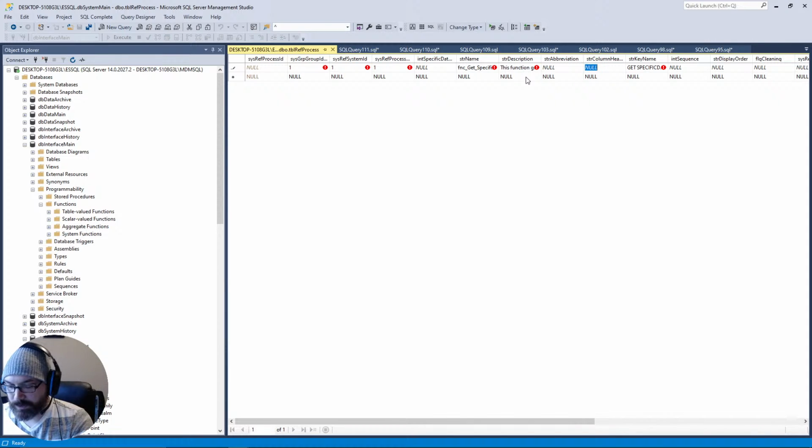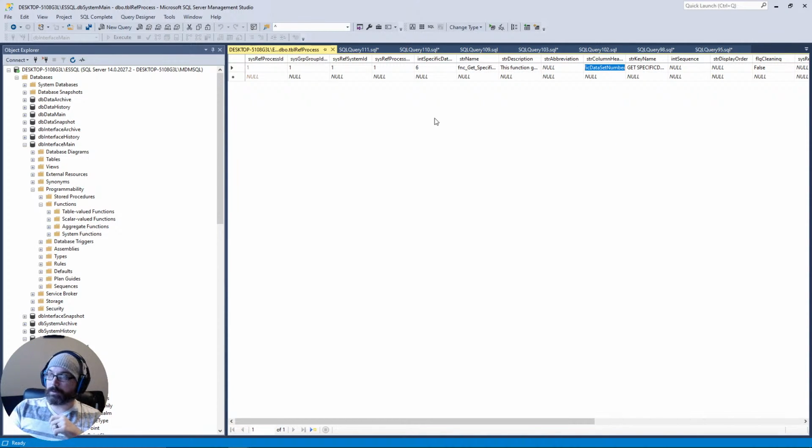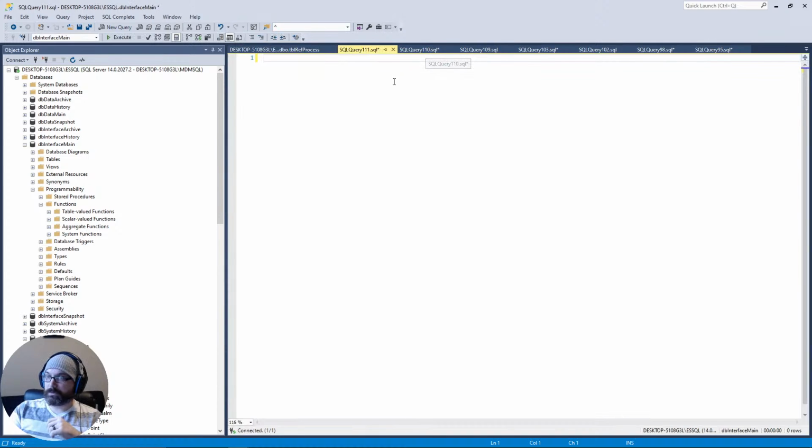In the column header, I'm going to use this for something else, because the column header usually represents the value it is in, like a pivot or in a JSON object. So if I say the column header is specific data set number, I should be able to get the value from JSON,